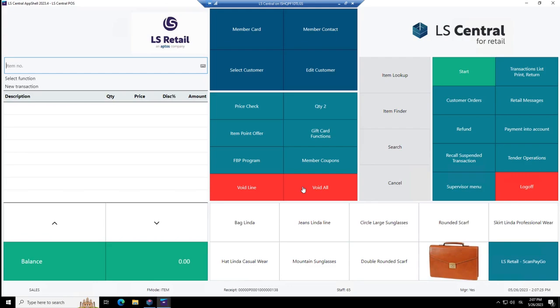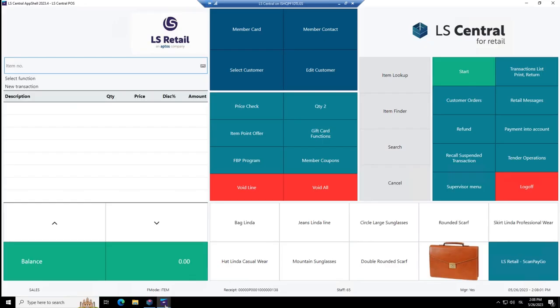A few years ago, I had a meeting with people that were looking at the latest changes in LS Central. They already had a solution, an old version, and wanted to go to a new one. And I showed them the same thing I'm showing you today. It was so interesting to see how the people became impressed by the flexibility in the system, how easy it is to set it up. So let's see if we can impress you as well.